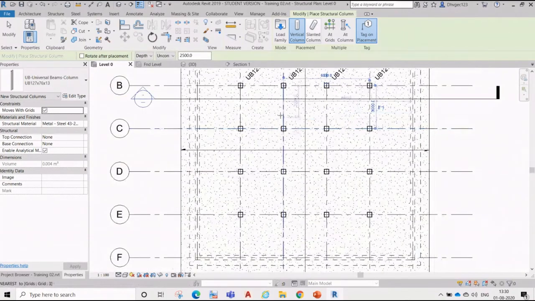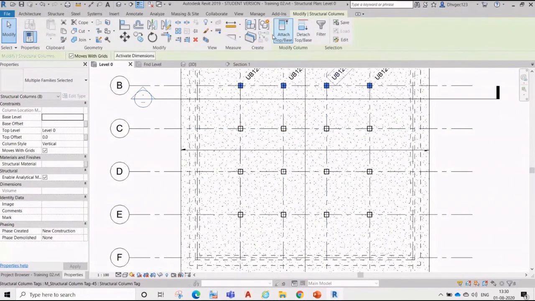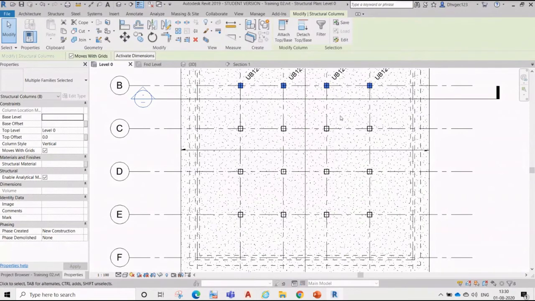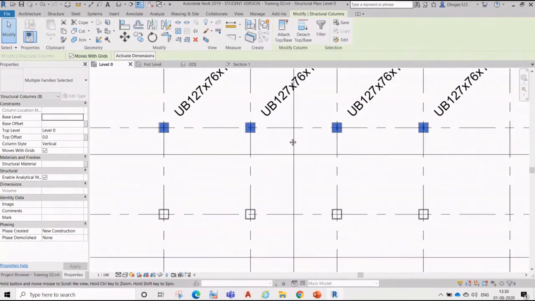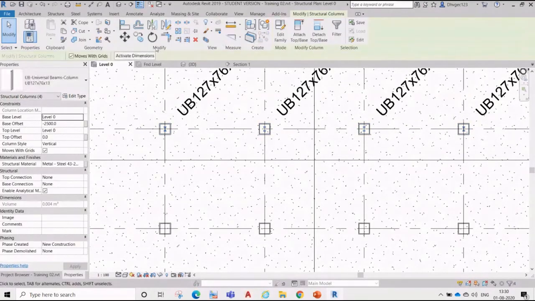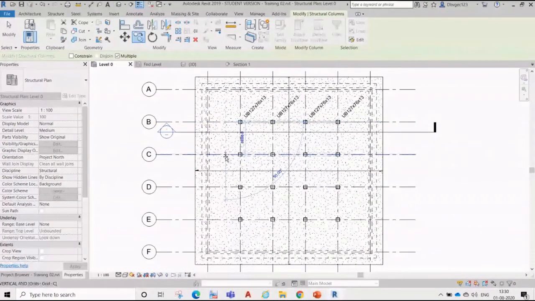We can put it over here. Now we can copy this column. Filter: steel column, structural column, not only it. Just copy, multiple copy, yes.